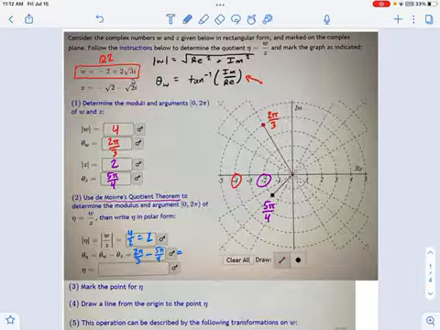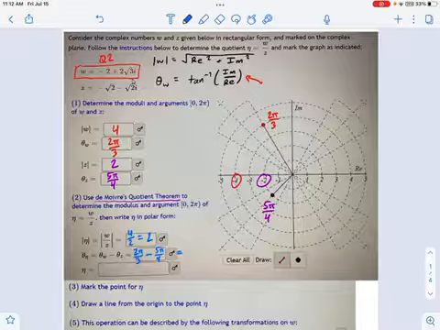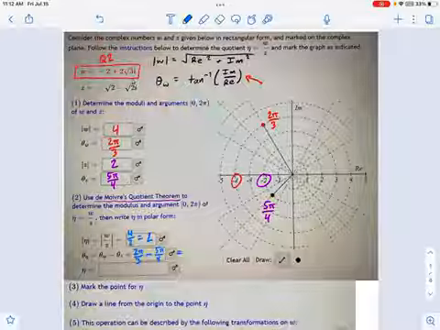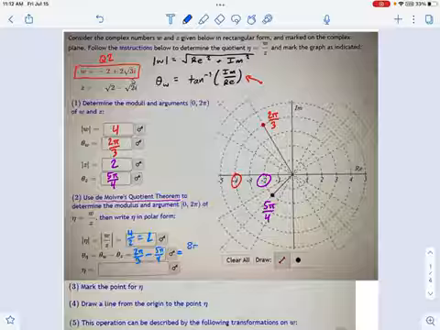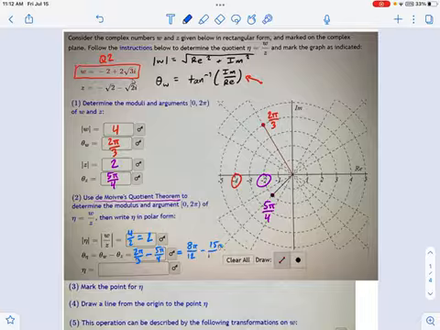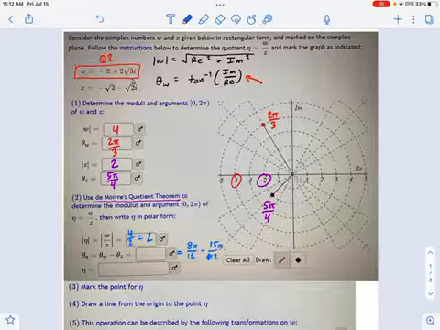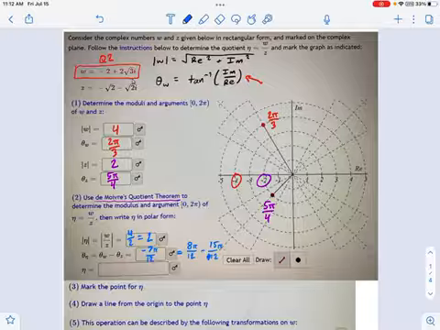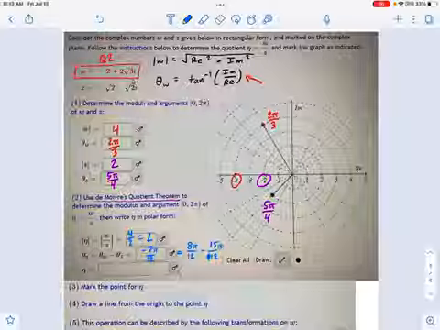What are we going to end up with? Well, let's just do this out. 12ths is what I need on the bottom, so I multiply the first fraction by 4 over 4. This becomes 8 pi over 12. And the second fraction needs 12ths, so I multiply it by 3 over 3. So that's going to be 15 pi over 12. So 8 pi over 12 minus 15 pi over 12. And if you write in negative 7 pi over 12 as your answer, it will be marked wrong. And I hope you can see why.